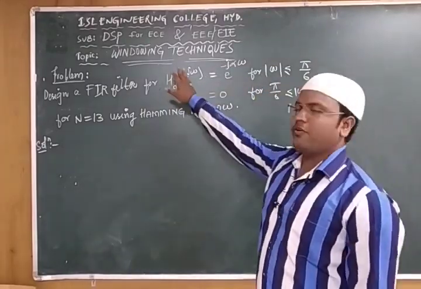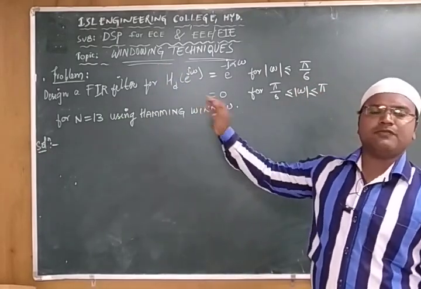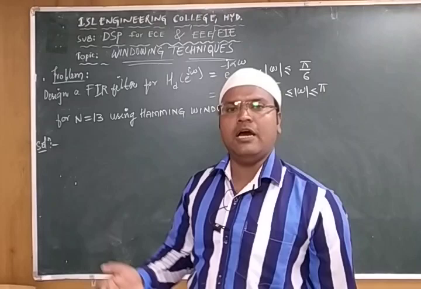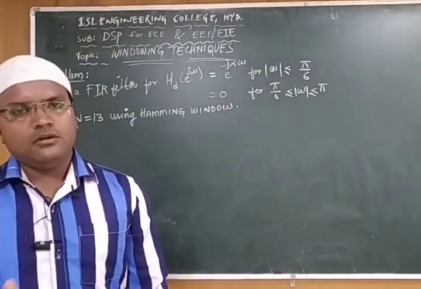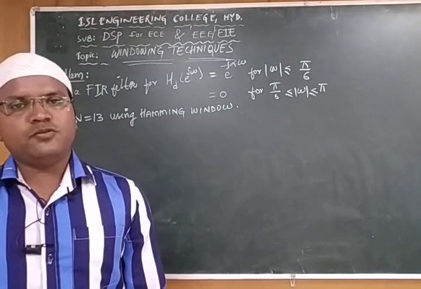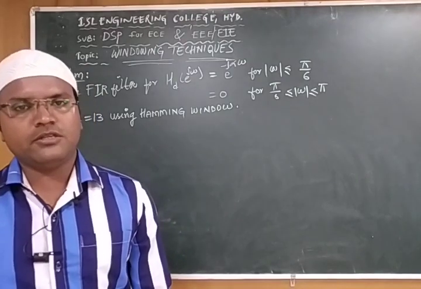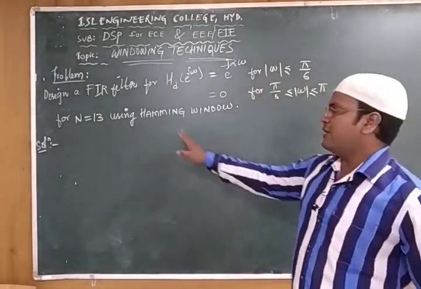In today's class we are going to continue the concept of windowing techniques. In the windowing techniques we left with some of the problems related to the Hamming window, Hanning window, Kaiser window, and we have to do the cascaded form of the filtration coefficients which we just want to find out. For doing all these things, first we are going to proceed with the problem of solving the Hamming window, right.